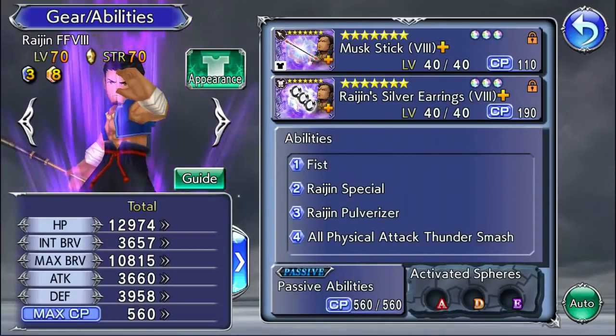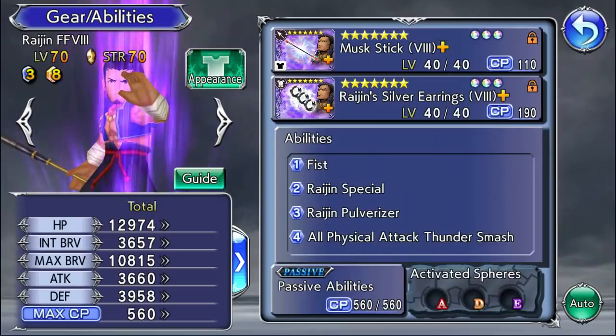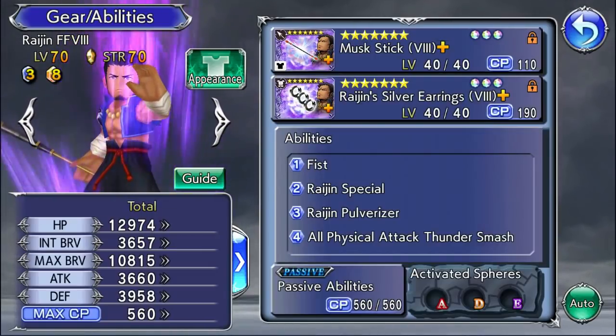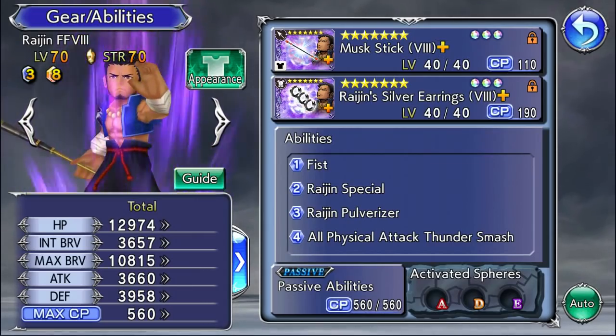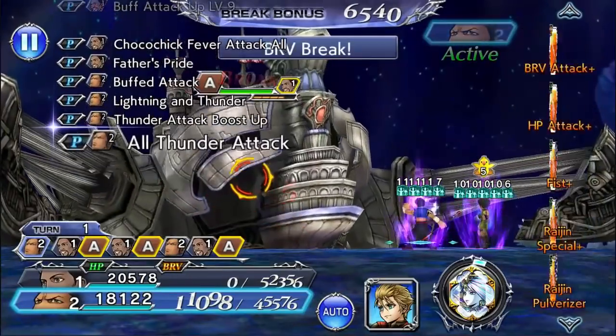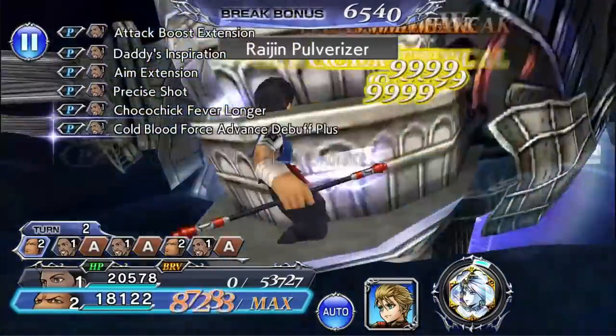I'll explain it from a 3-3 Raijin's perspective mostly, but for a budget one, you're going to want to start with his skill 2 first, to apply the Thunder Resist down, get his Max Brave buff up, and Thunder mode started. Then you can just use his skill 1 after for the party physical attack up buff. Otherwise, start with his EX ability always. This will get the Thunder Resist down to all and get his unique buff up so you can start stacking